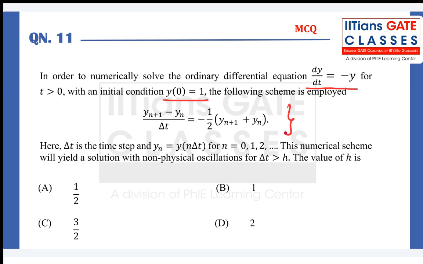Delta t is the time step, and y(n) is equal to y at n delta t, for integer n starting from 0. This numerical scheme will yield a solution with non-physical oscillations for delta t greater than h, and the value of h is